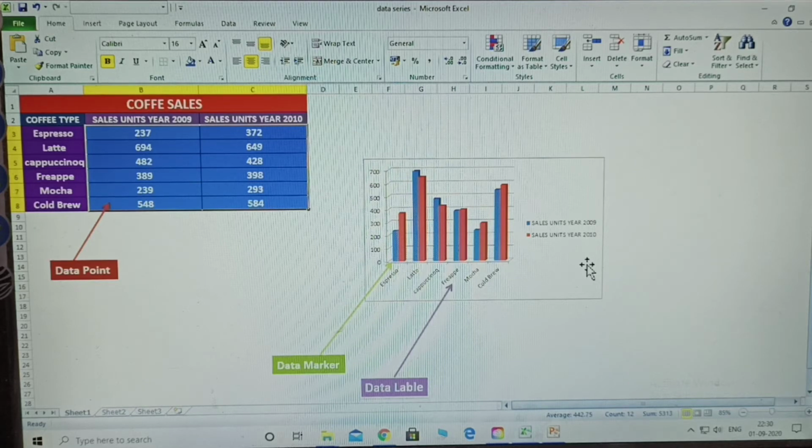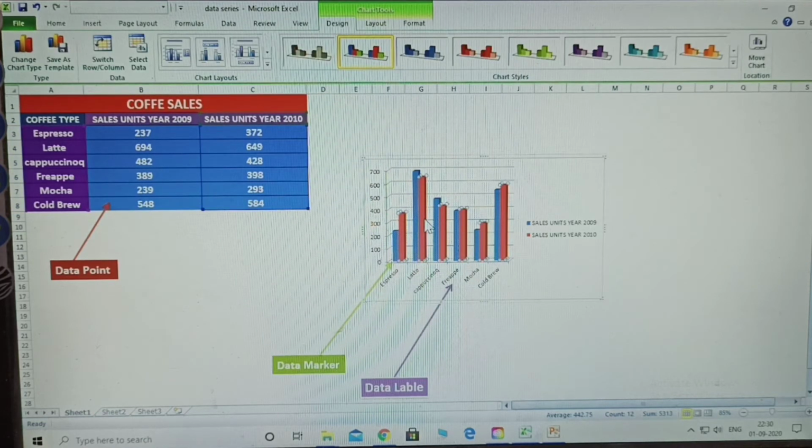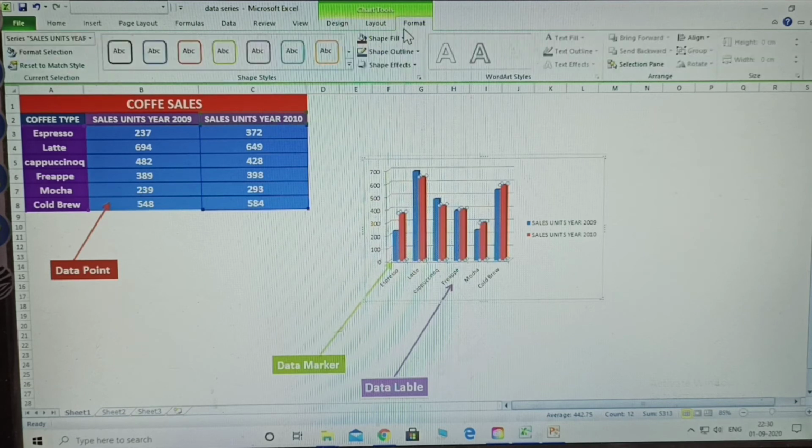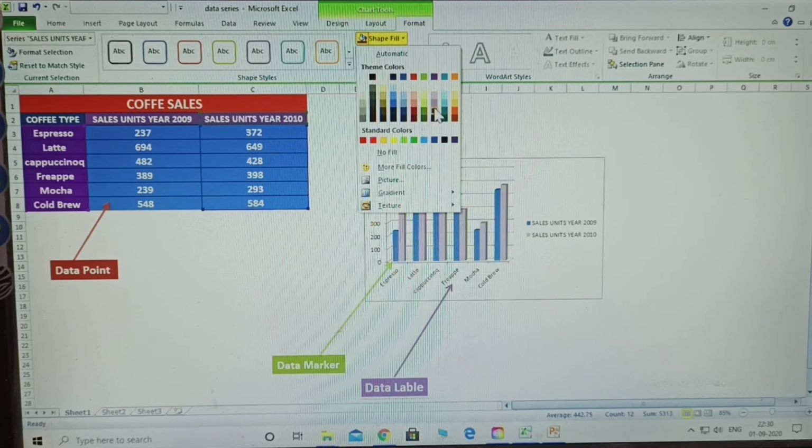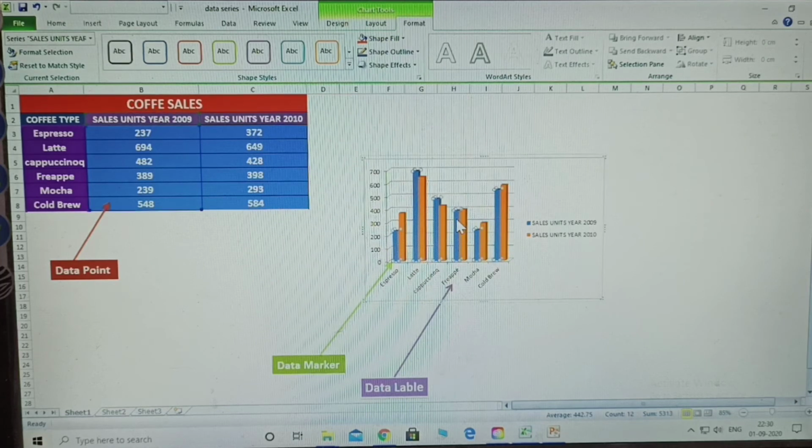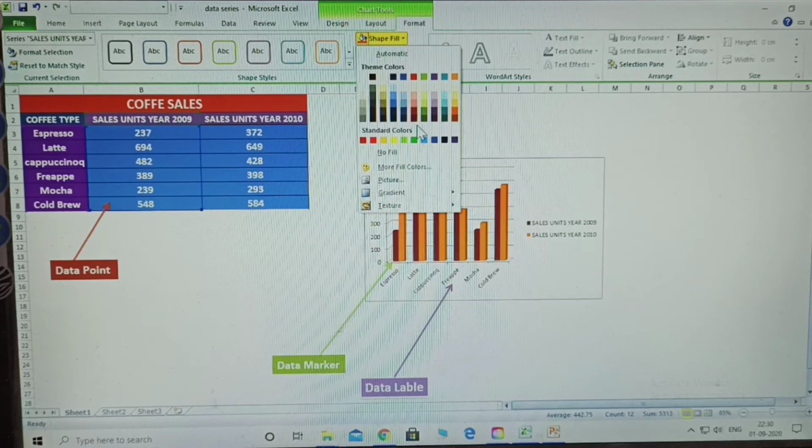Okay, in this data series, you can modify it fully. It means some design, the colors can be modified. How to do that? I am changing this red one. Select that, then click Shape Fill there and change the color. Select another one and change to another color.